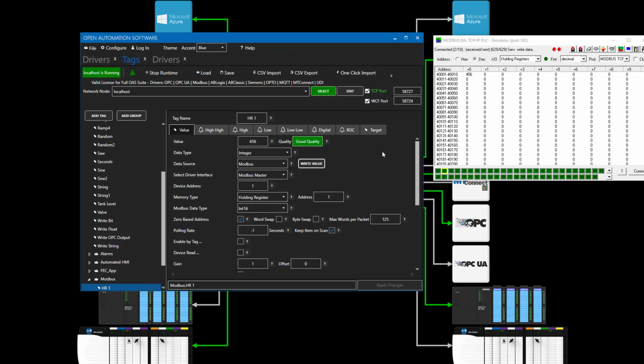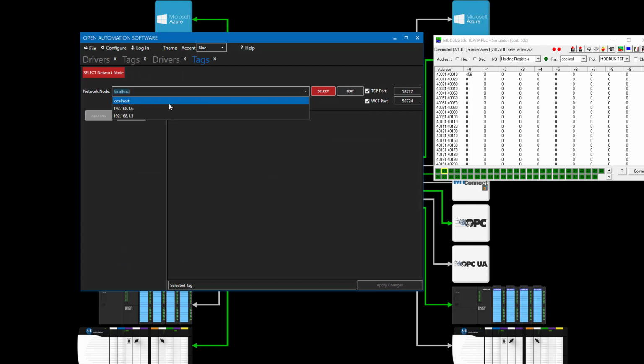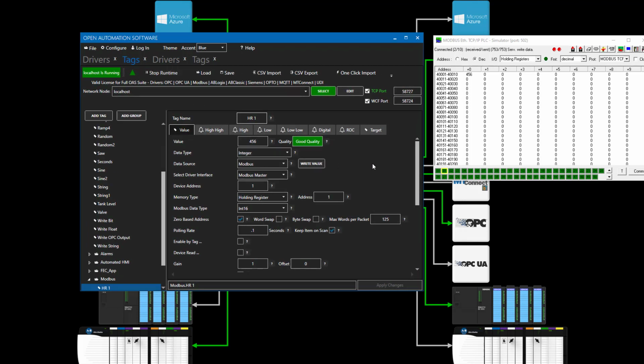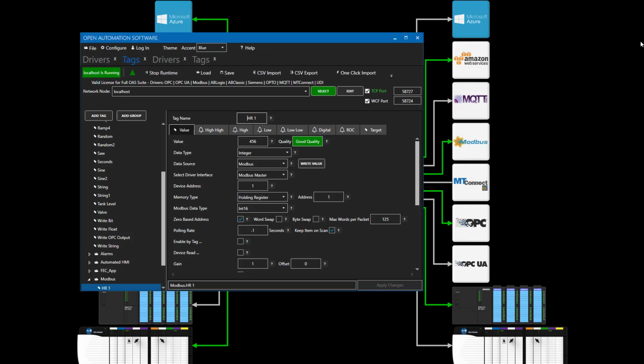Let me plug my Raspberry Pi device back in so we have it back online. We can check that using configure tags here just to see if it is back online. It is indeed online. So now I'm ready to emulate the failover back to the Raspberry Pi. So I'm going to stop the emulator. We see the bad data quality from the emulator,